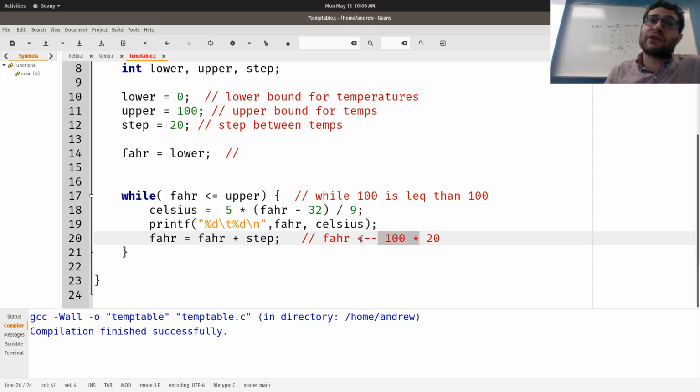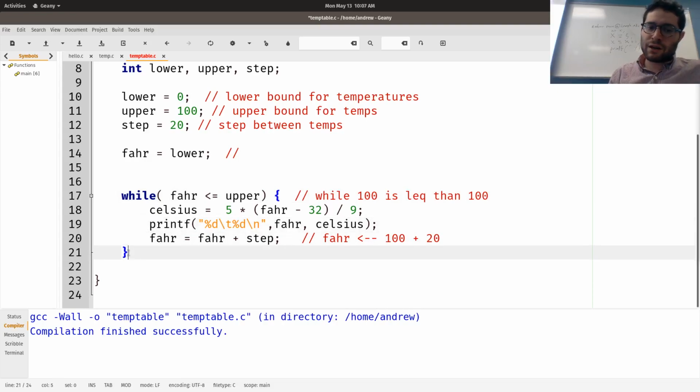Its current value plus 20. And then we go back up to the beginning of the while loop, and we ask ourselves, is 120 less than or equal to 100? It's not. That's a false statement. So at that point, we skip what's inside the curly braces and go afterwards.